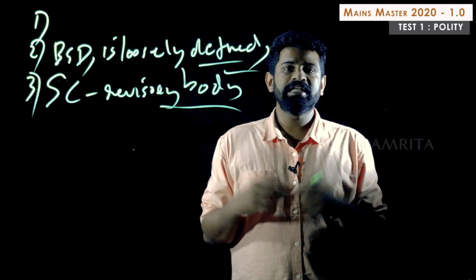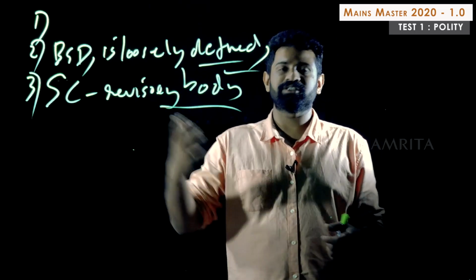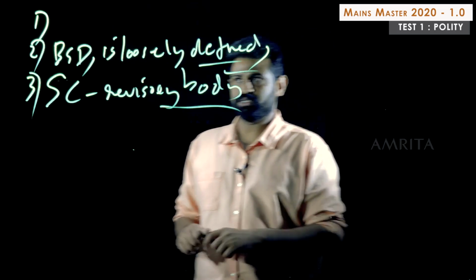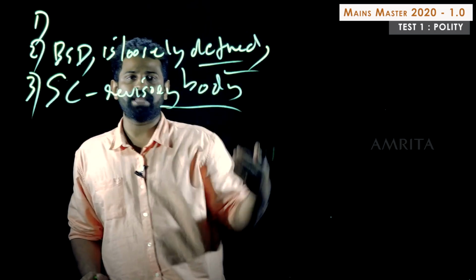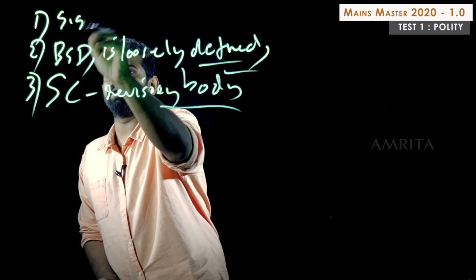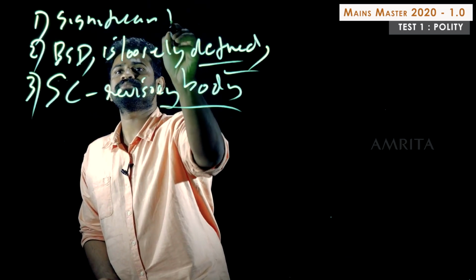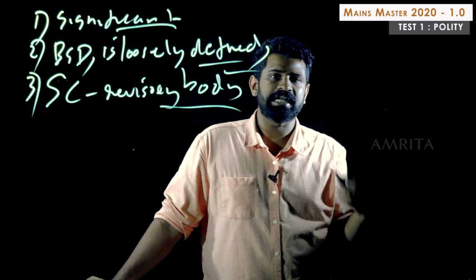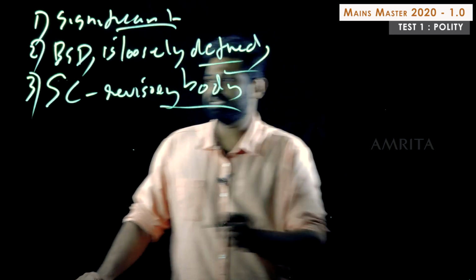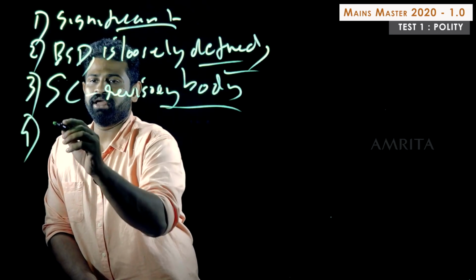So it is no one's point that basic structure doctrine has imposed rigidity to the Indian Constitution. See, now you have three major points, right? So one is about significant amendments carried out. Then basic structure itself is loosely defined. Then Supreme Court can revisit. Maybe you can give it as a third point.